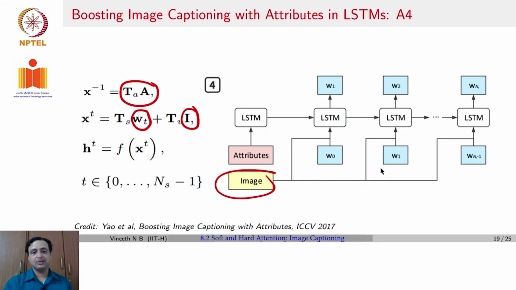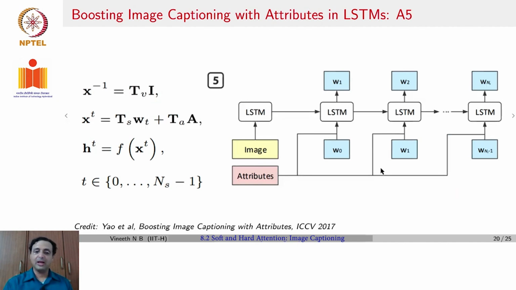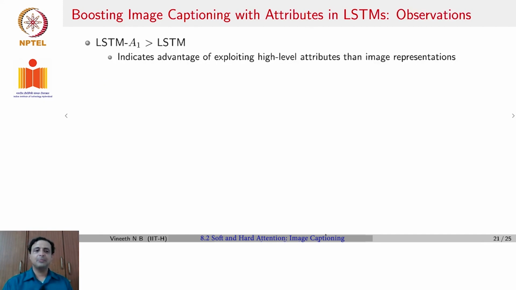So the attributes initially and the image at each time step. This was variant A4, and A5 was a variant where the image was given as input at x -1 and the attribute was given along with the caption in each time step. This was variant A5. So this particular work, which was by Yao et al., published in ICCV 2017, concluded that